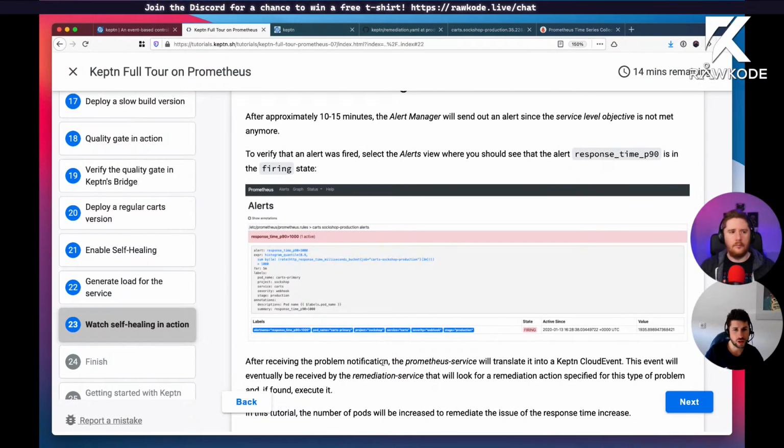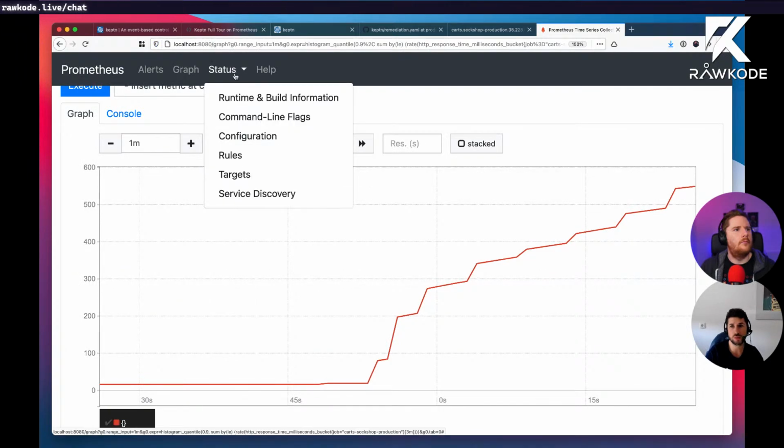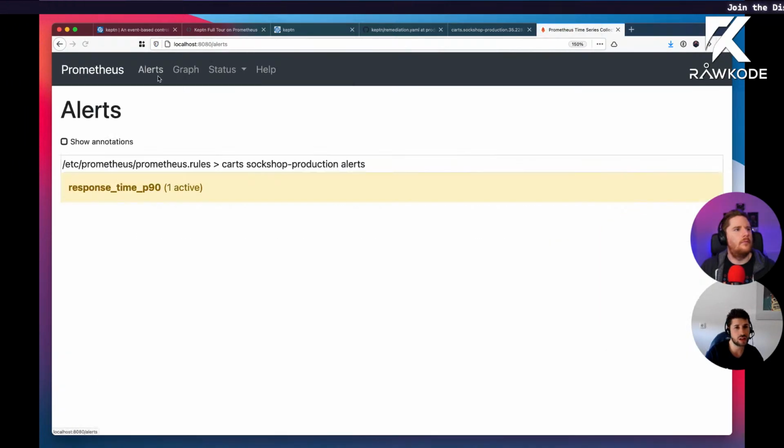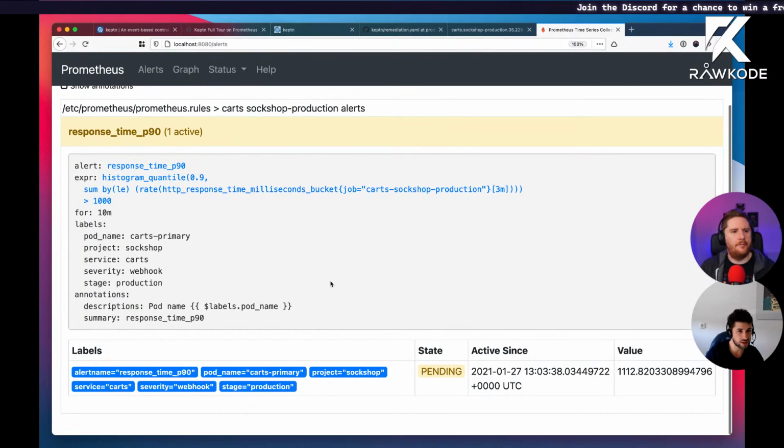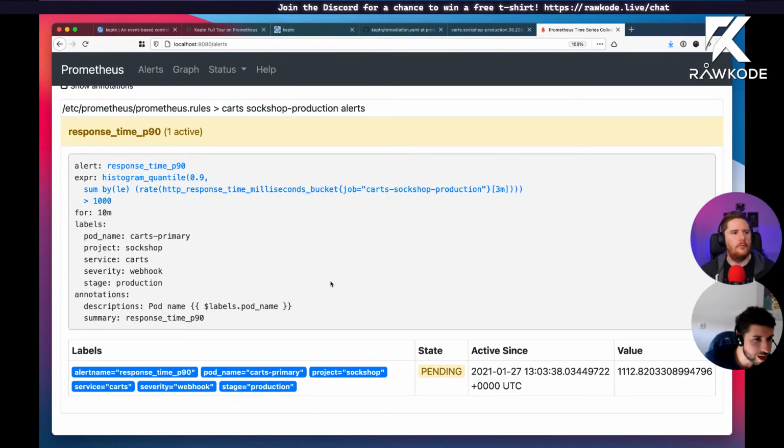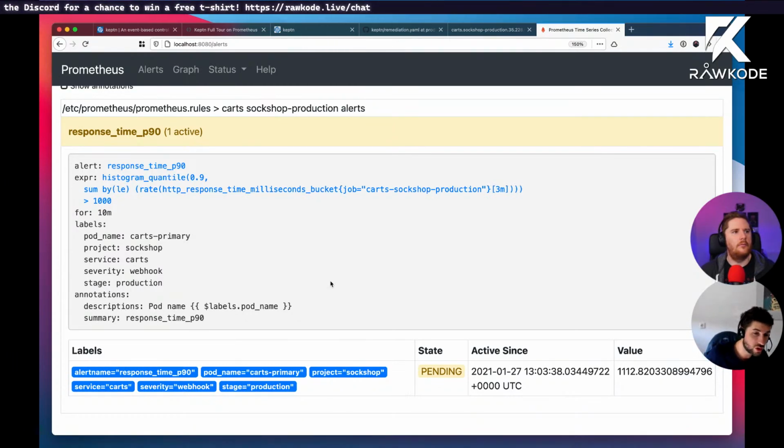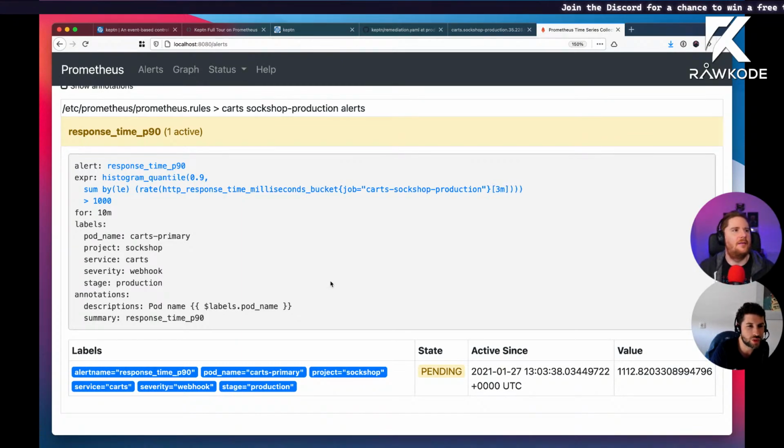And we can take a look. We should see already that there is an alerting rule set up in the alert manager. So this is what we can take a look at also in Prometheus. Yes. And what does it say here? Yeah, unfortunately, in our demo, it says it has to break this rule for 10 minutes. So it's only after 10 minutes. It's not great for these kind of demos. So we actually have to decrease this time. Otherwise, it's not really useful if we have to wait 10 minutes all the time for